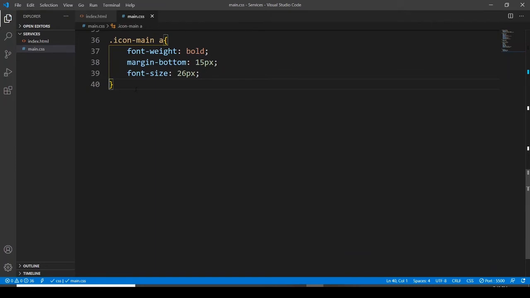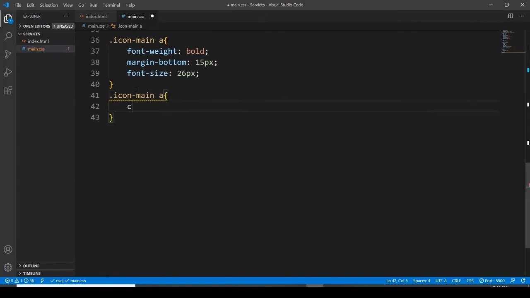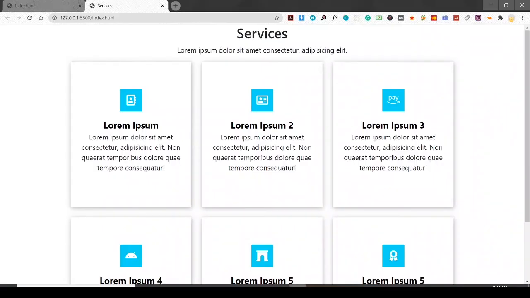Now I want to have an icon main, and icon main is going to get the color. I'm sorry, I just want to use the same color here. The color is going to be black. Okay,